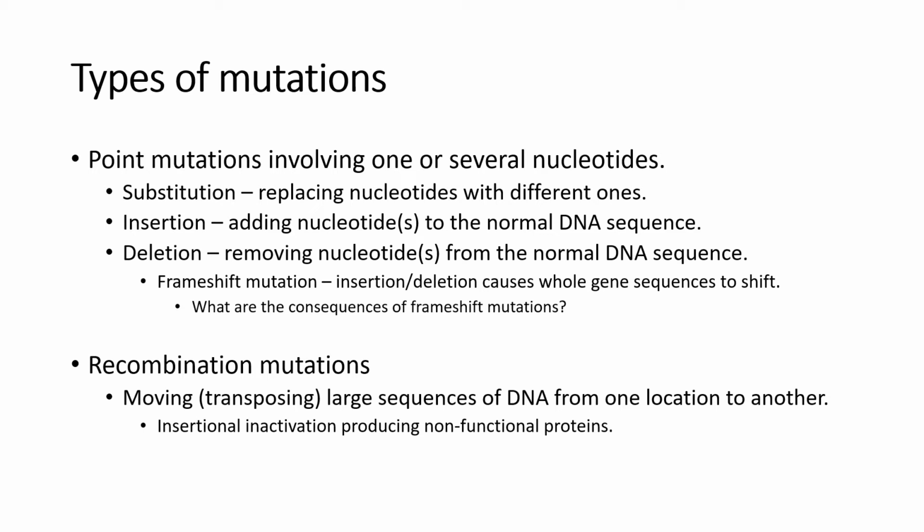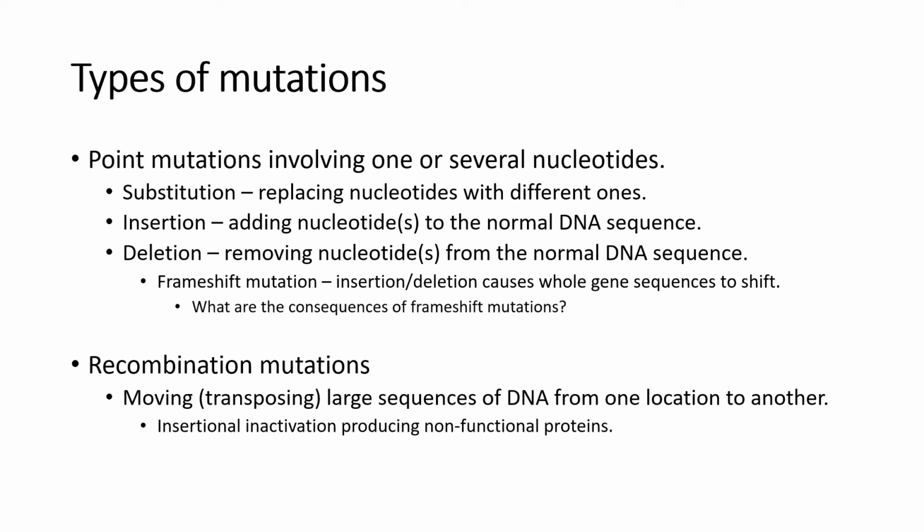A substitution mutation occurs at a specific nucleotide, right? And what happens is that nucleotides are replaced with different ones. For example, an adenine could be replaced with a thymine, or a guanine, or a cytosine, right? A cytosine might be replaced by an adenine, a thymine, or a guanine. So that's a substitution. One nucleotide out, or several nucleotides out, but an equal number of nucleotides back in, but